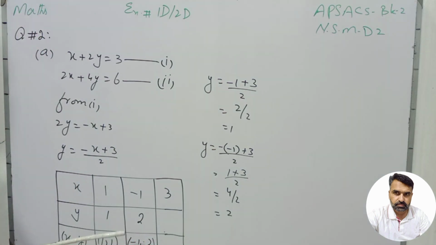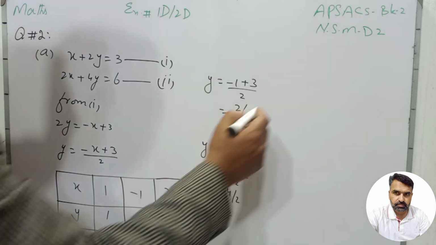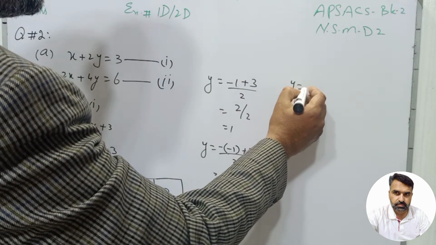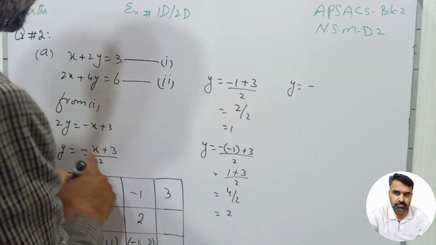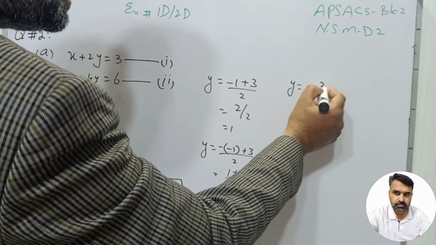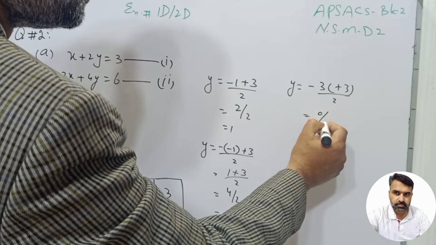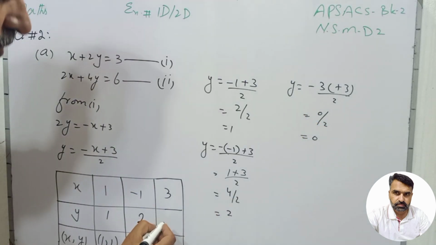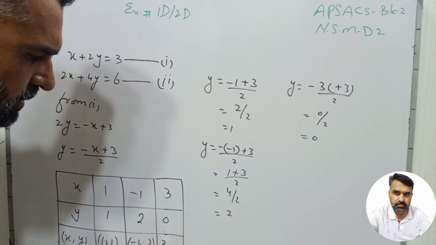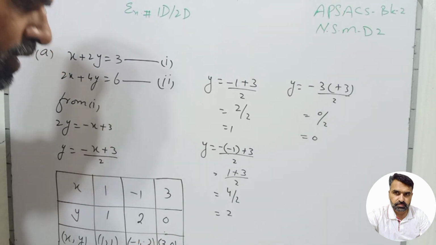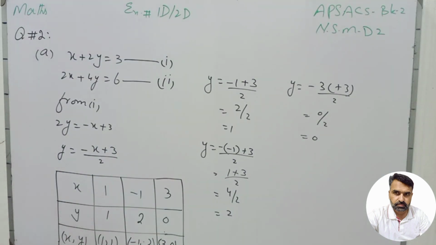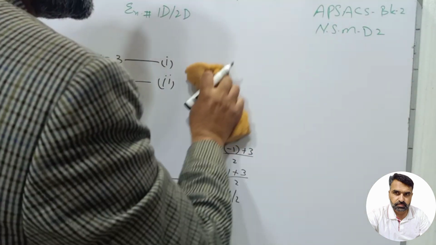Now students, we will take x as 3. The value of y will become y is equal to minus, in place of x we will write 3, plus 3 over 2, and it will be 0 over 2, and the value of y is 0, and the ordered pair is 3 and 0. Now students, we will make the graph by taking 1 centimeter as one unit on the x-axis,